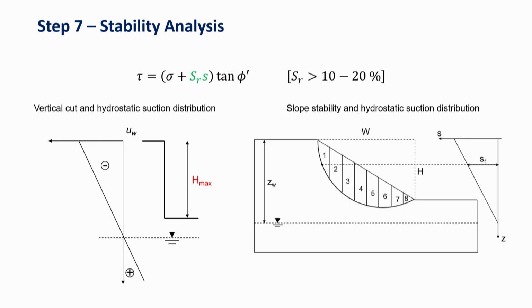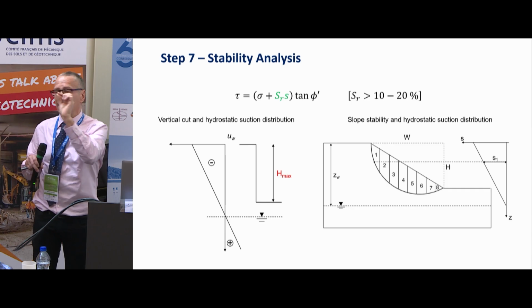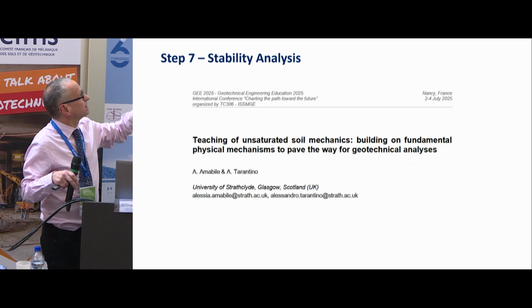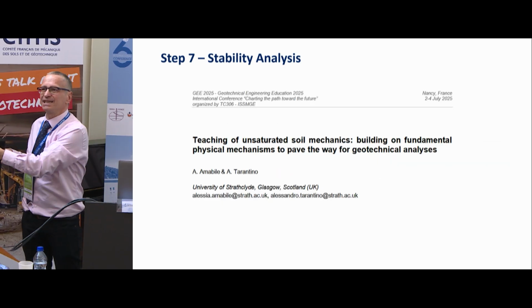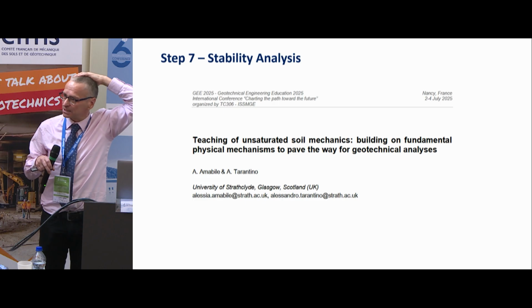Good. We are ready now to go. So if you have a hydrostatic pressure, you know the suction, or if you have a transient flow, which I'm not addressing here, you need to solve a water flow problem. Once you have the suction, you enter the water retention curve that you have defined and you quantify the degree of saturation. At any point in the slope, you can rewrite the Bishop method by simply plugging in the shear strength that is coming from that calculation. I'm not going on, because now I'm speaking really the same language as the saturated case, but the exercise is fully developed in the paper.